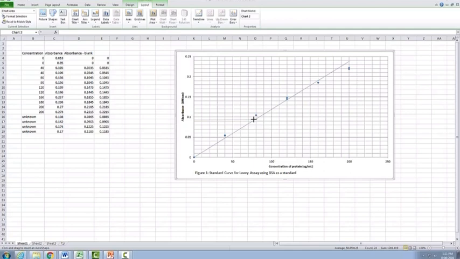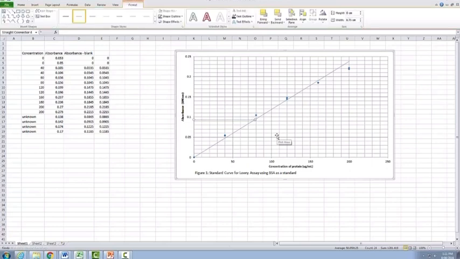Now, a little cheat is if you hold down the shift button, it makes sure that your line as you're going across will remain straight, as opposed to you trying to make sure that it's straight yourself. So you just hold down shift as you're drawing your line and you'll get a nice straight line. You then will also obviously need to connect this line up and draw your line going down. Again, you can hold the shift button, which then means that you get your nice straight line coming straight back down again. Now if you have a colour printer at home, by all means you can change the colour of this line to whatever colour you like, to then be able to differentiate between the different unknowns